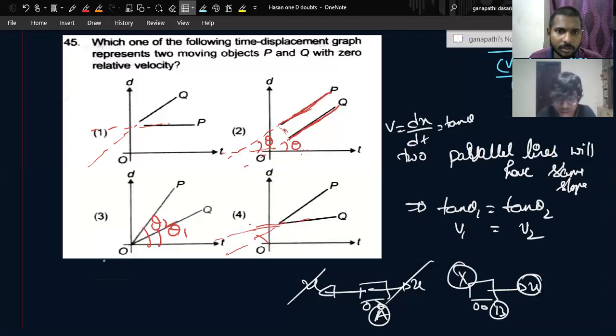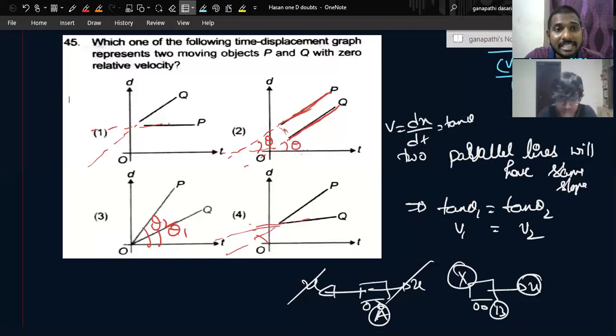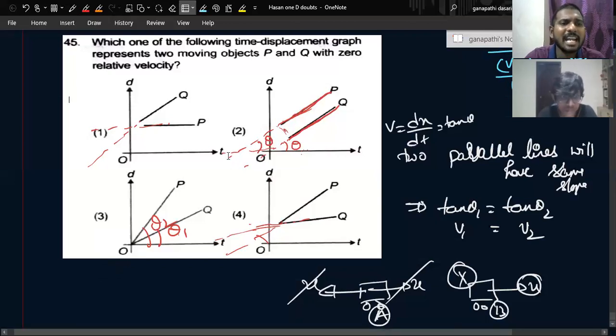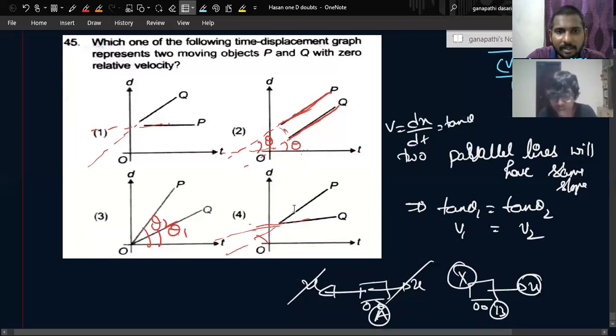You got this cleared? Okay, that's nice. Will you solve these XT graph slopes questions if there are some other questions in the same topic? Yes, sir, I'll do it. Next we will go with the VT graph, area under the VT graph. A few things are there for the next class, and then directly we'll go to relative motion. You told me you are having doubts in relative motion. So next class, mostly this topic will be completed. Whatever areas you are facing difficulty in will be completed.